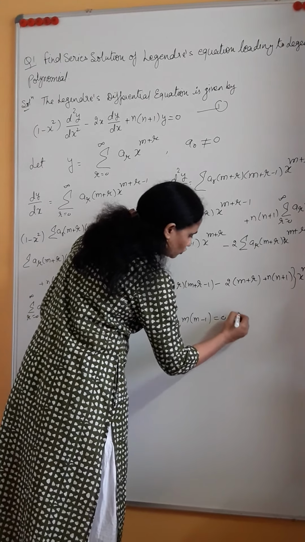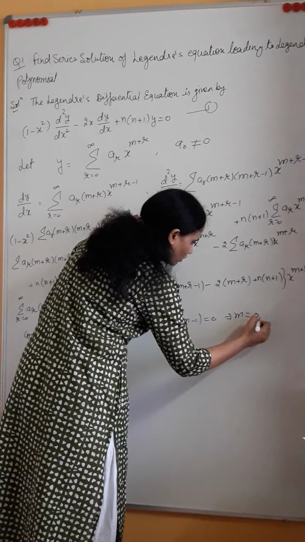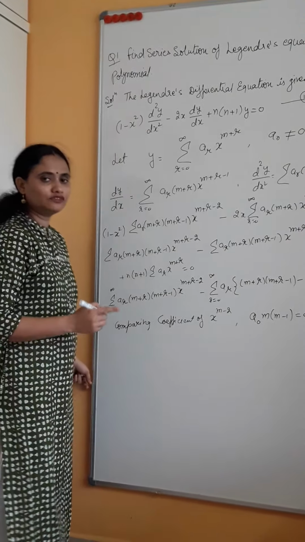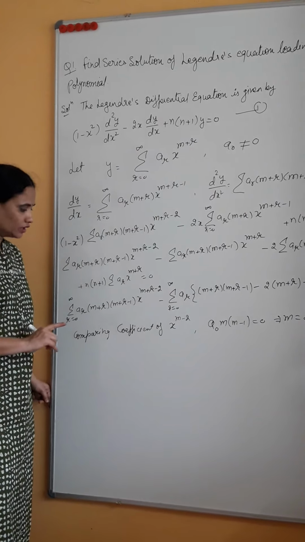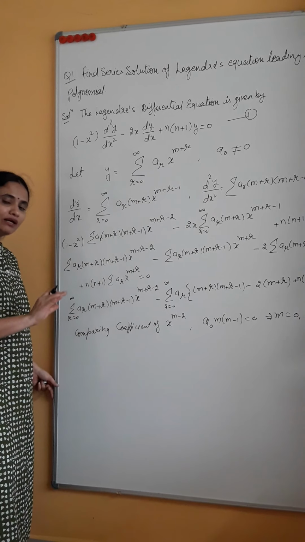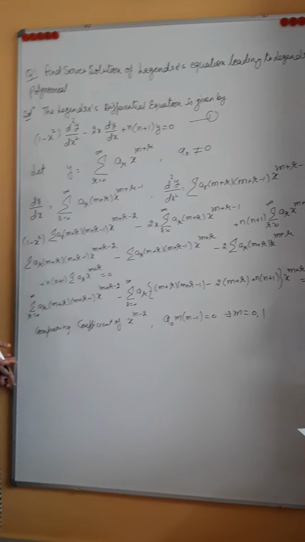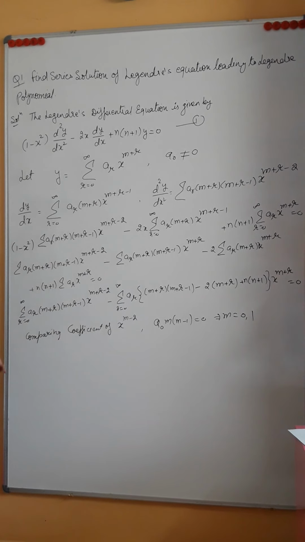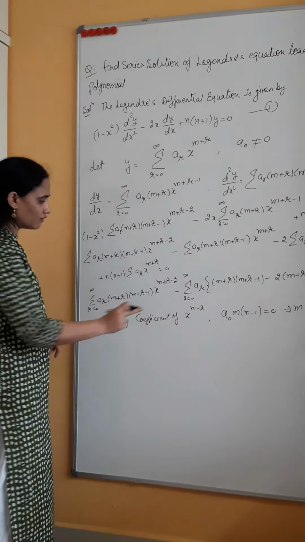So this gives two values, m equal to 0 and m equal to 1. So these are the two values we are getting for m. So m we have got. Now one by one, for both the m's we have to consider the case, and then we can summarize for the final answer. Now let's compare one higher power than this.